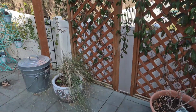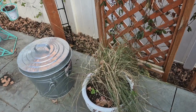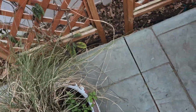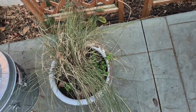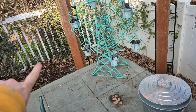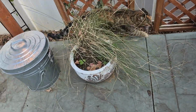I love it. Down here I have a purple, goodness gracious. I'm going to pop the name on the screen, y'all. I'm getting a brain freeze right now. It's purple blooms on this lovely grass. But it was planted down there. I took it out because it was not getting enough sun, put it up here, and it's not even fully